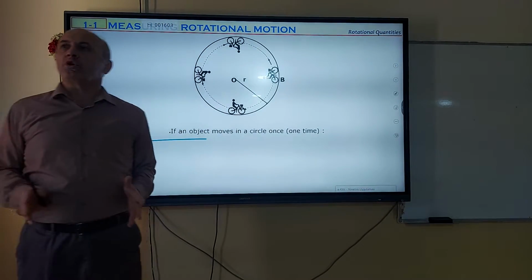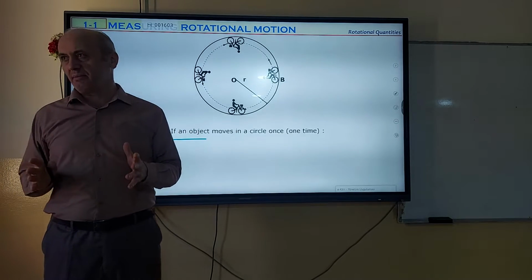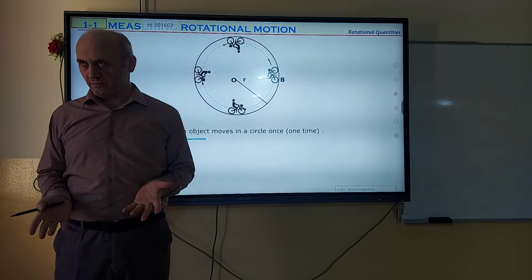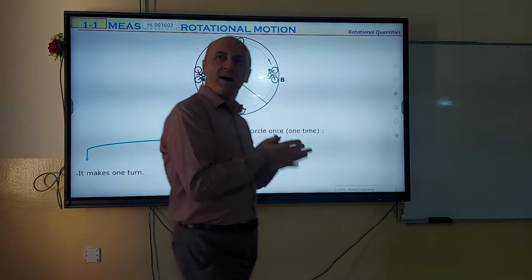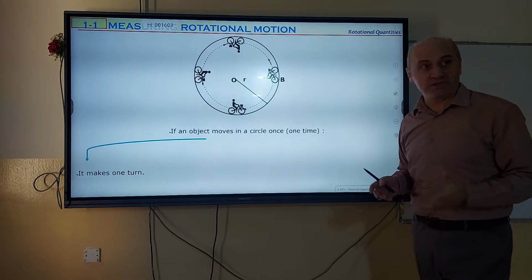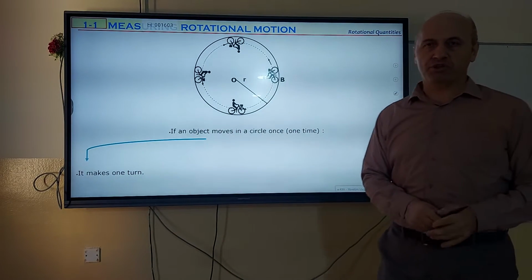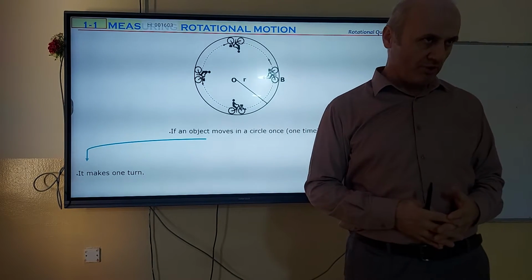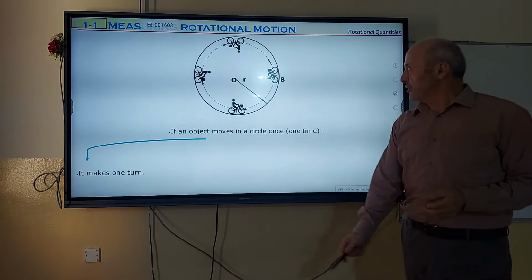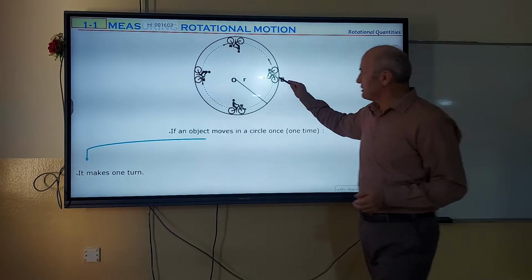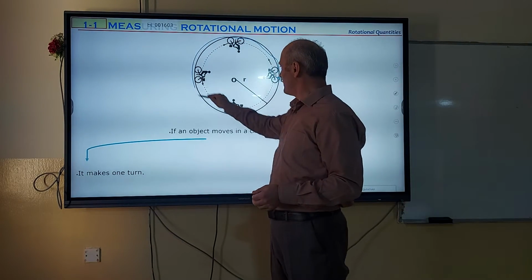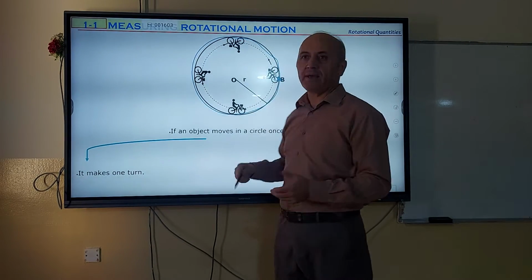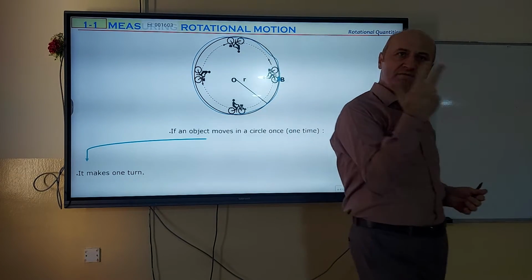You also already observed that this chapter is basically about circular motion. So that's why we are going to define circular motion in detail compared to rotational motion. In chapter 2, we are going to mostly deal with rotational motion. So if an object moves in a circular path, we can define this motion by some specific